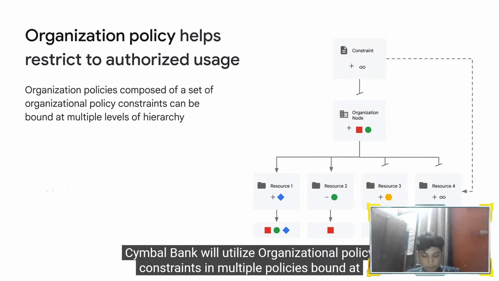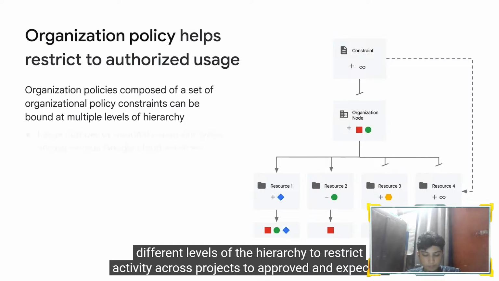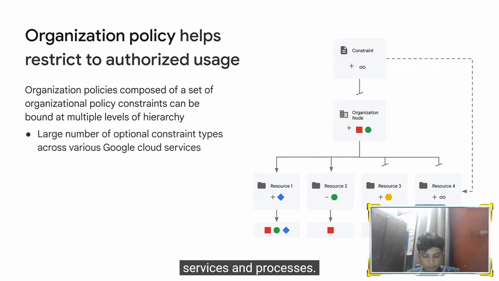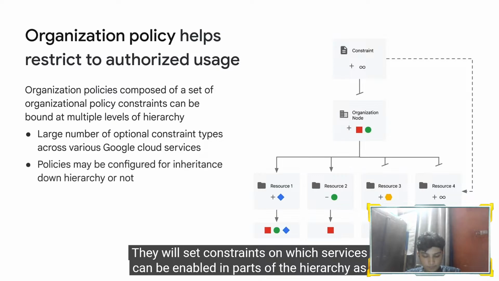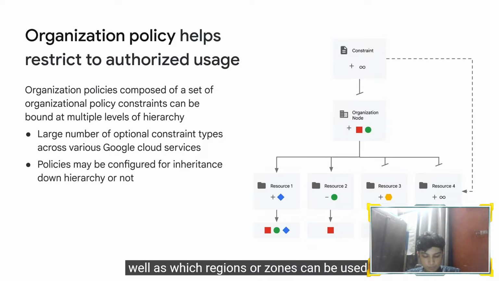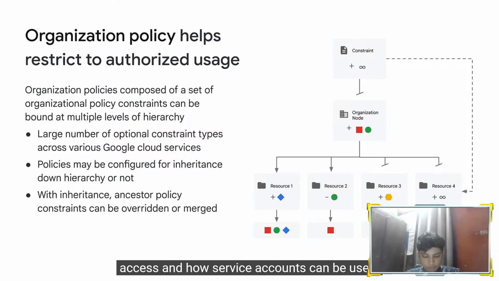Symbol Bank will utilize organizational policy constraints in multiple policies bound at different levels of the hierarchy to restrict activity across projects to approved and expected services and processes. They will set constraints on which services can be enabled in parts of the hierarchy, as well as which regions or zones can be used. They will also set constraints around which identities from which domains can be granted access and how service accounts can